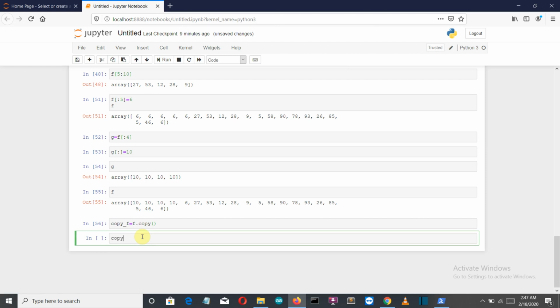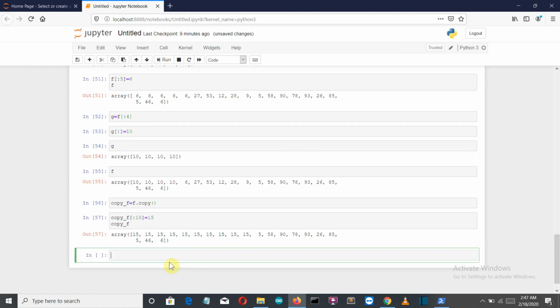Let me show you that it isn't making any change. Let's say that copy of f at the index 10 is equal to 15. Now let's print our copy f array, and there you can see the first 10 elements have been changed to